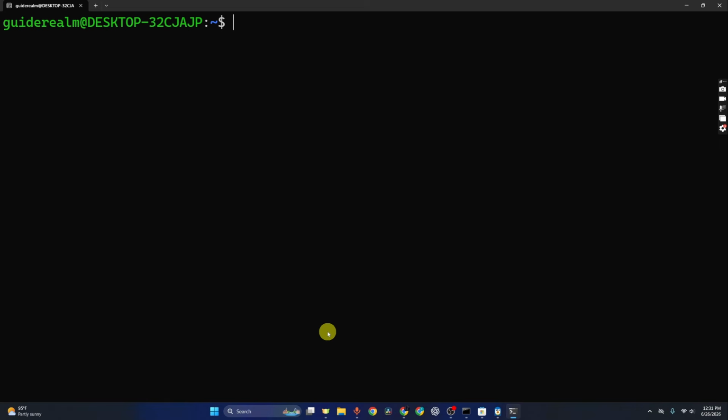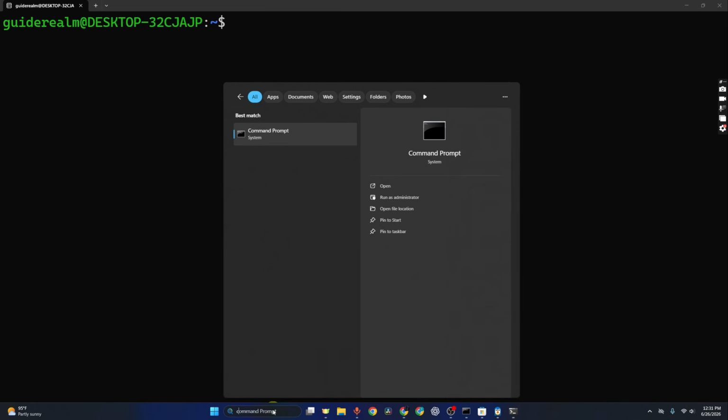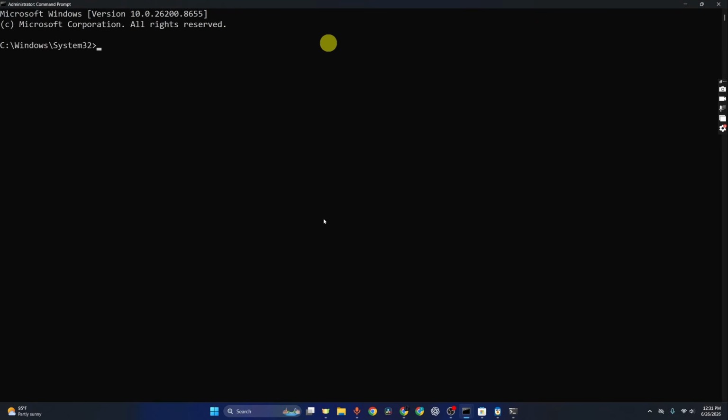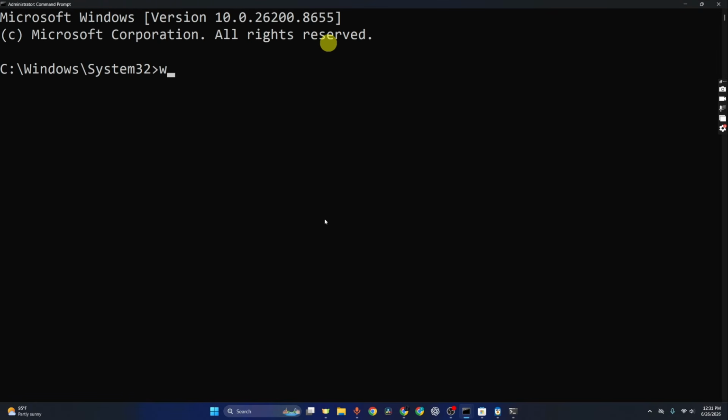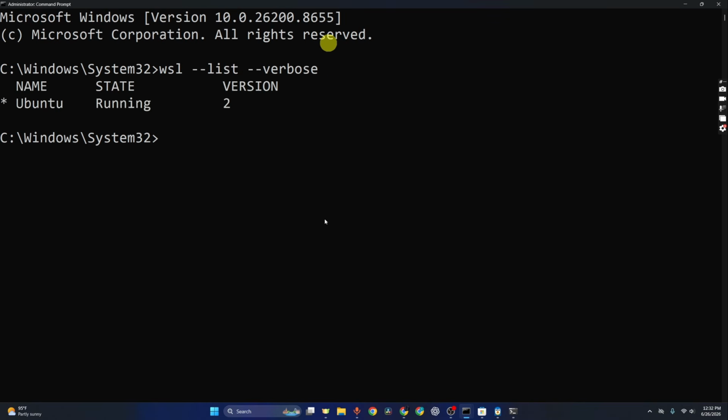Now let's confirm that Ubuntu is properly registered with WSL. So just go ahead and open the command prompt once again by going to the Windows search bar and typing cmd and choose to run as administrator and click on yes if prompted. And now in the command prompt, just go ahead and run the following command. Just type WSL space double hyphen list space double hyphen verbose. After that, you can just go ahead and hit enter. This command displays every Linux distribution installed on your computer, and now you can see that Ubuntu is installed and